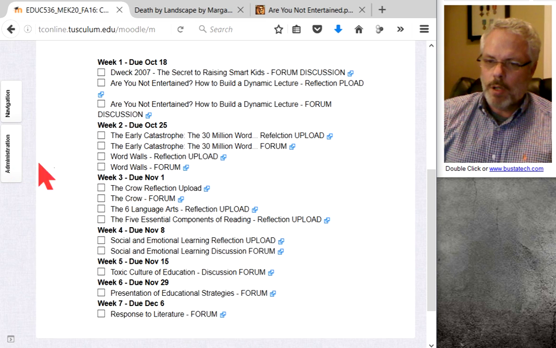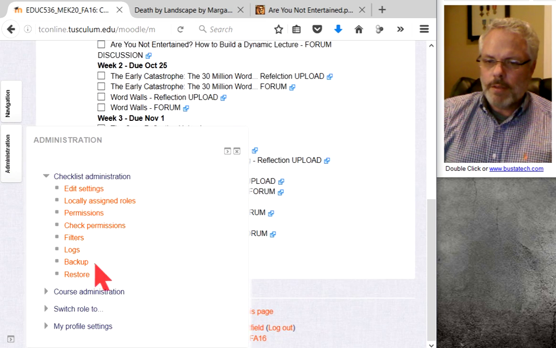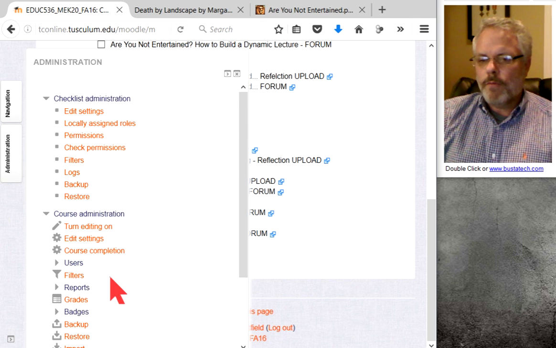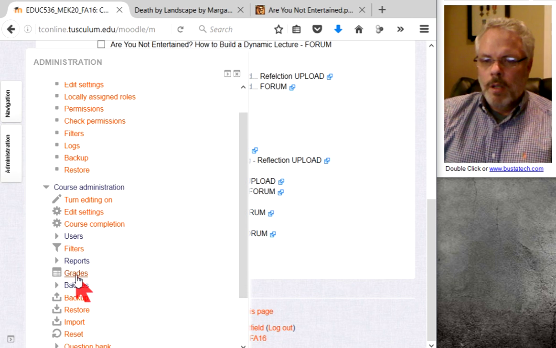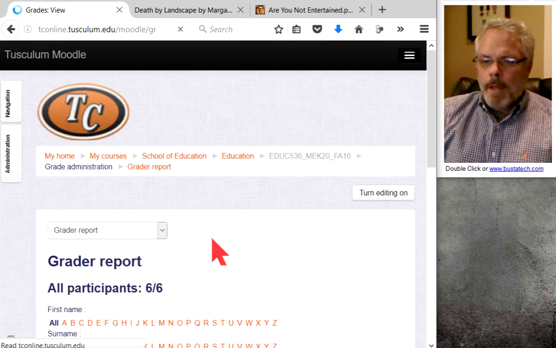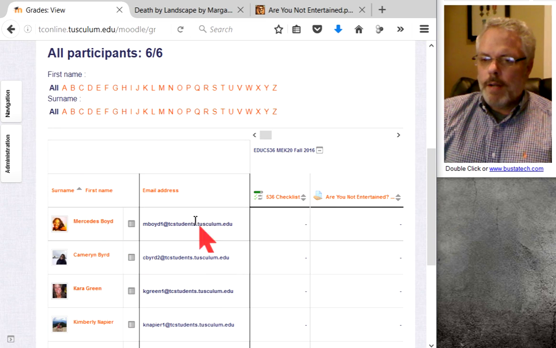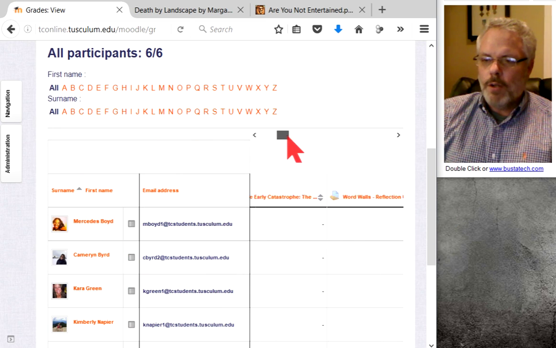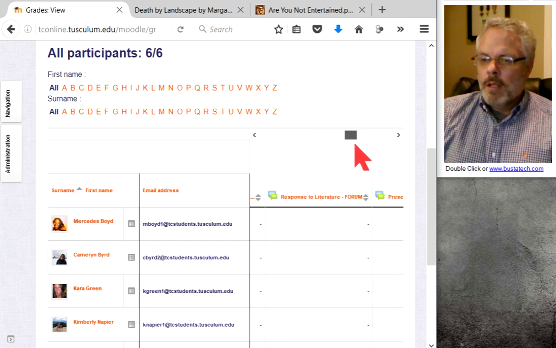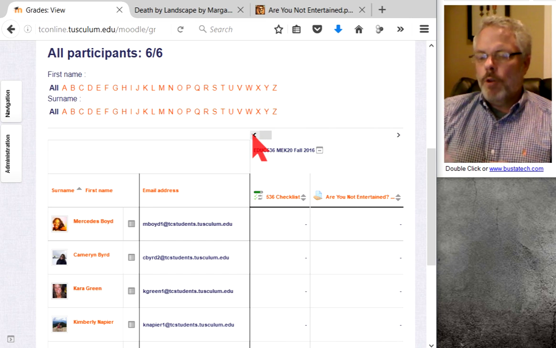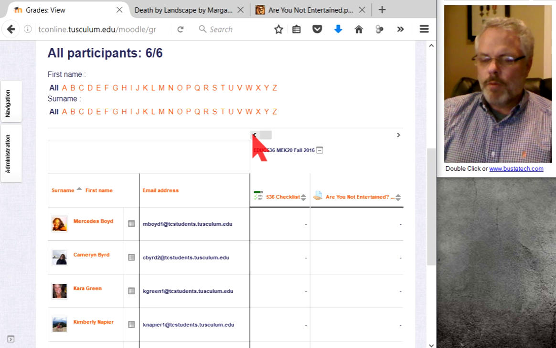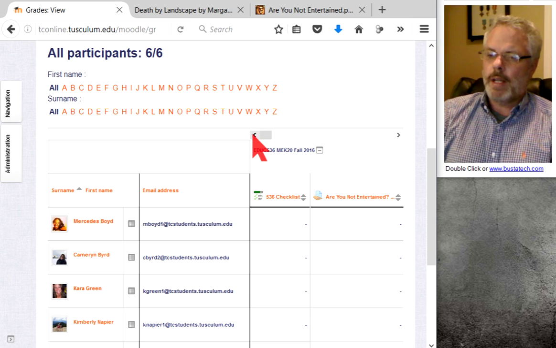this is what the grade book looks like. Let's see, course administration, for me, it may be different on yours. And then you go to grades, and I see all the students' grades here. You can check your progress as you go through. Remember, if you do 4 replies and they're acceptable, meaning they don't fit in the category of rhetorical or blanket statements, you'll get 4 points, which equates to a 100%.